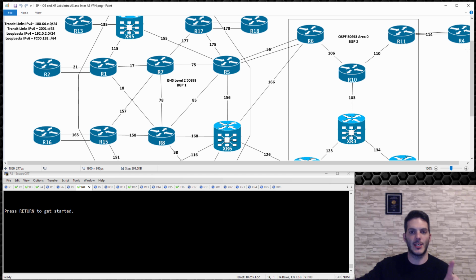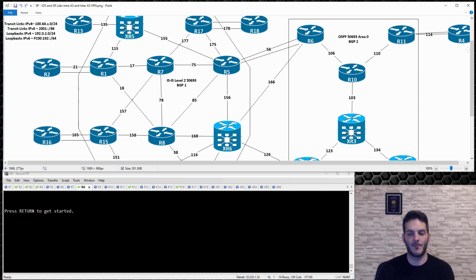Now, you don't technically have to just use that. As long as you've advertised the PE loopbacks in there, you could form a VPNv4 peering between the provider edge routers. That is supported, and that would eliminate that, and that would form a single label switch path end to end, because R1 and R11 would point to each other. They would also be the logical and physical end of the path between the ASs. Now, the drawback to that design is, well, scalability. If you've got thousands of provider edge routers, I doubt that you're going to want to spin up thousands of